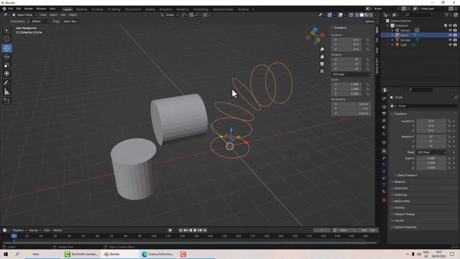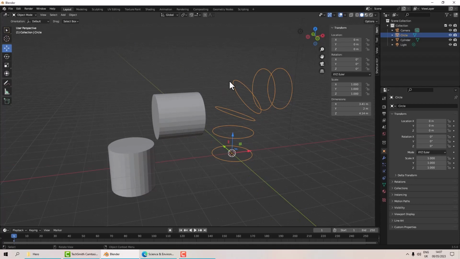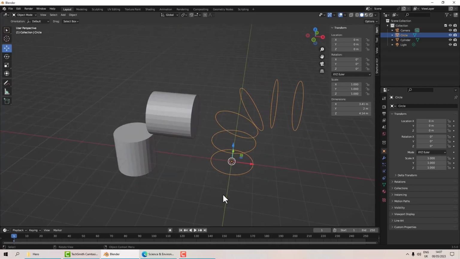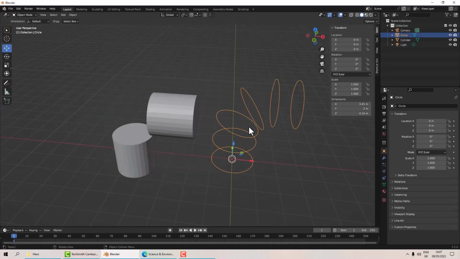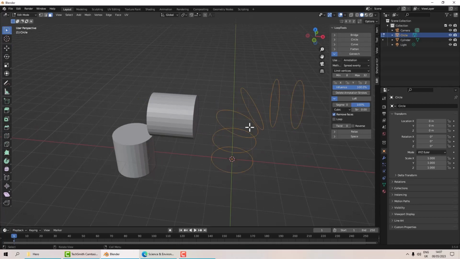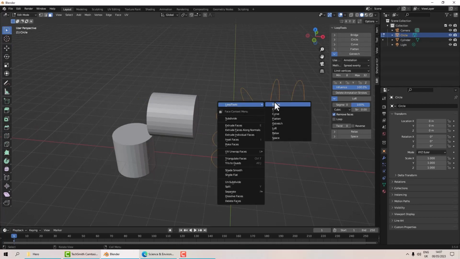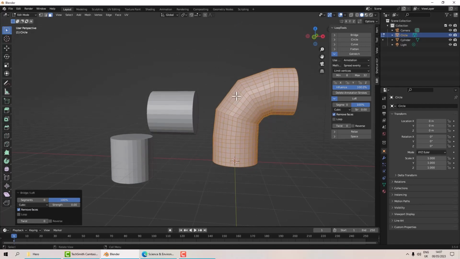Okay, so next we have Loft, and this is quite similar to Bridge, but it has some differences. One of the key differences is you can create a path of objects, such as this. So I've just created a whole bunch of circles and arranged them in a bend. And if I go into edit on here, just select everything, right click, loop tools and loft, it will loft